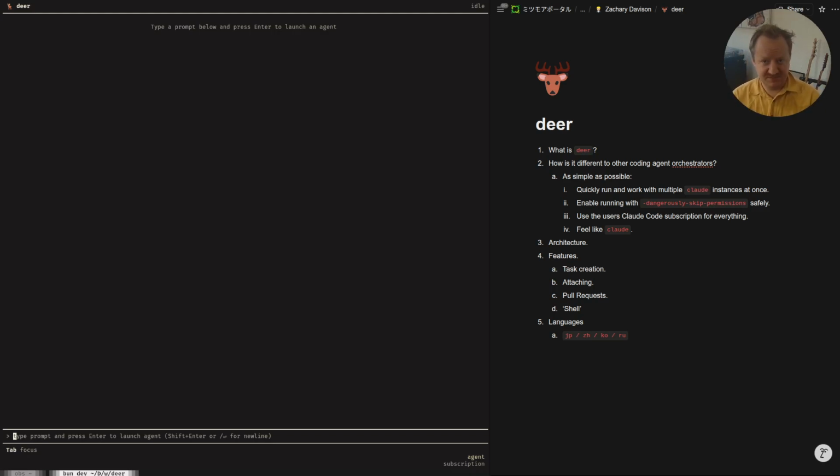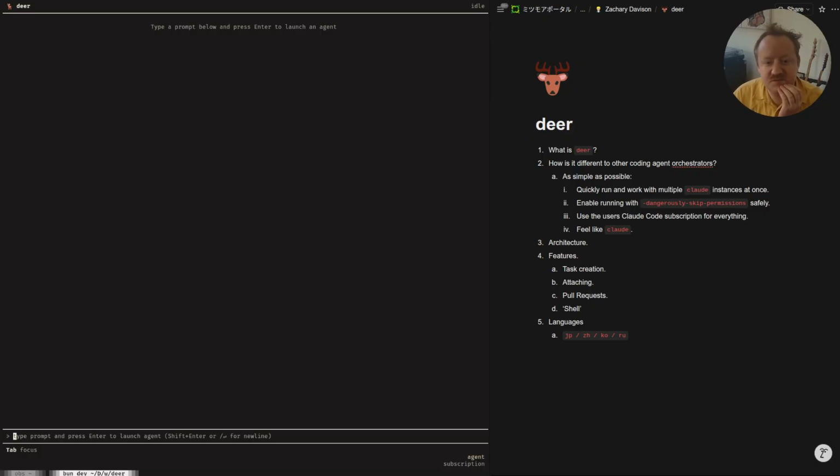They involve a lot of agents interacting together. Really, I just wanted a way to launch a lot of Claude agent instances, have them running with dangerously skipped permissions in a safe way, and be able to work with them, attach into them, monitor them, things like that. So that's what we're going to show today.